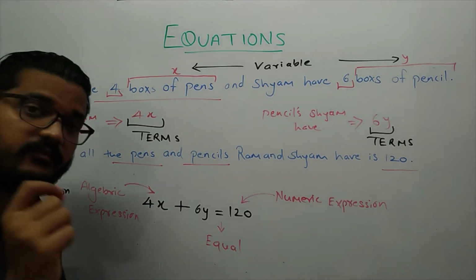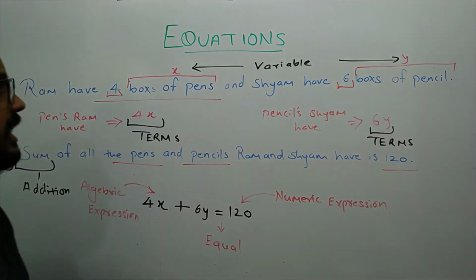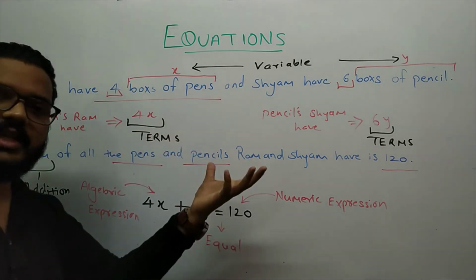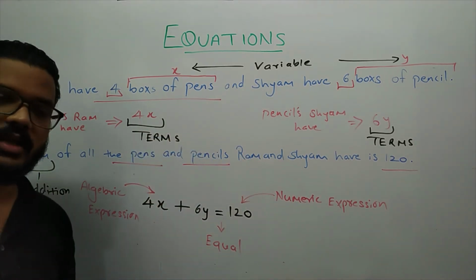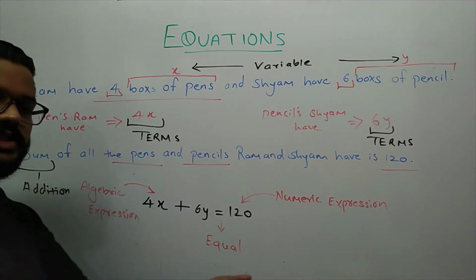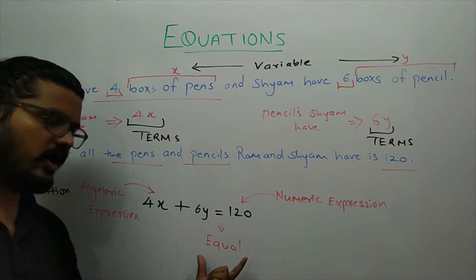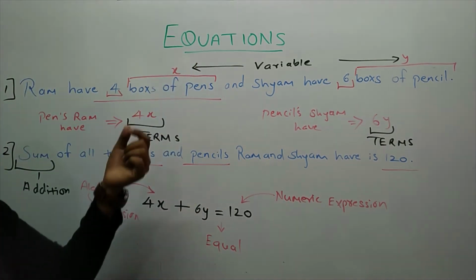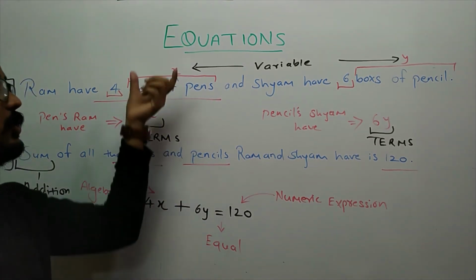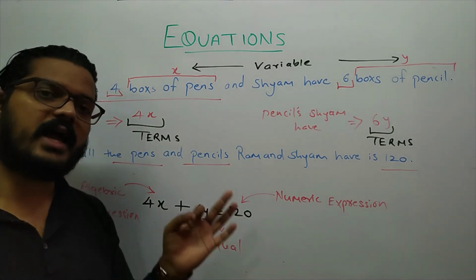So students, have you got what an equation is? Let's revise it one more time quickly. If you have a mathematical statement which is just a term or a combination of terms, it's called an expression. But when there are two expressions, it could be two algebraic expressions, two numeric expressions, or one algebraic and one numeric expression. Whenever they are equated or are equal, it's called an equation. Therefore, the word equation, the equal comes from here. So equal converts into equation. So this is what we mean by equation.